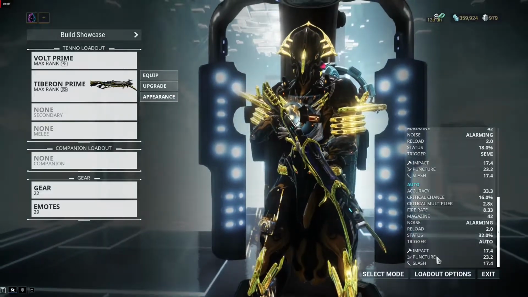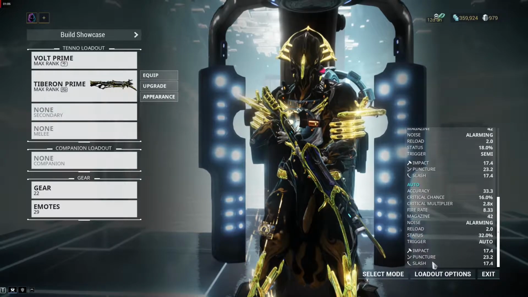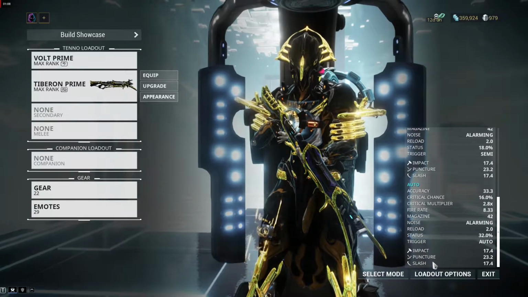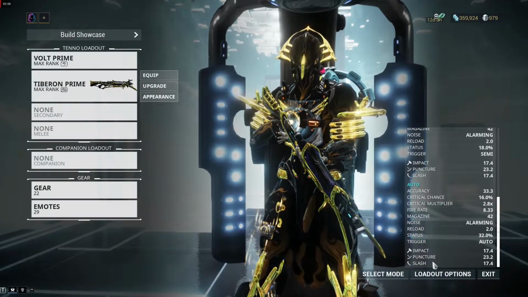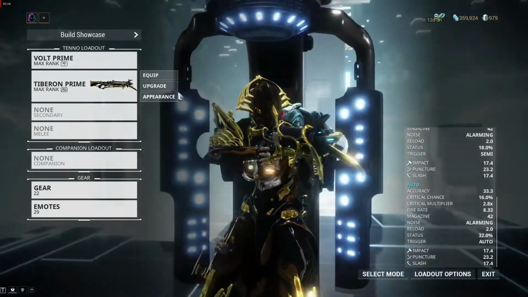Now the damage, impact, puncture and the slash are pretty even, so the physical damage is effective against all the factions, so that's really good. So let's go and